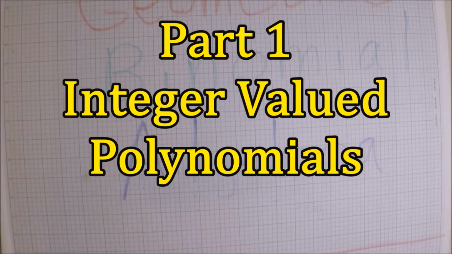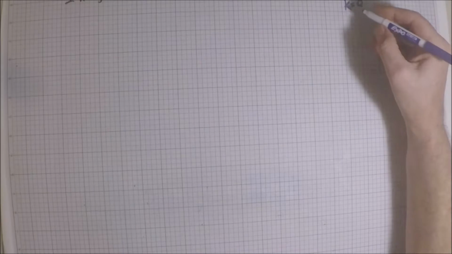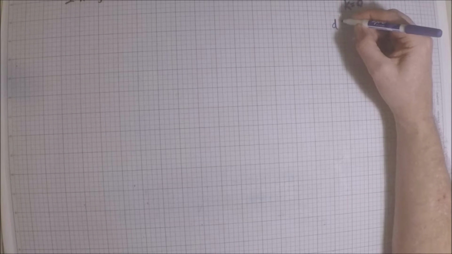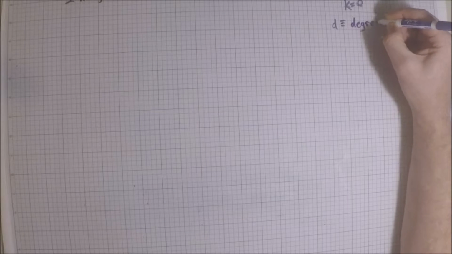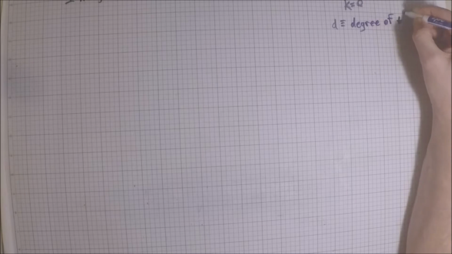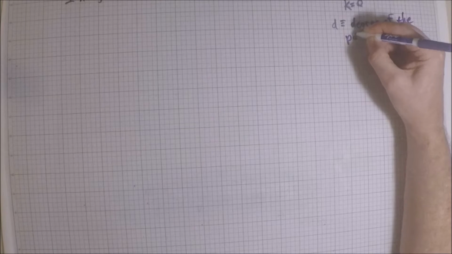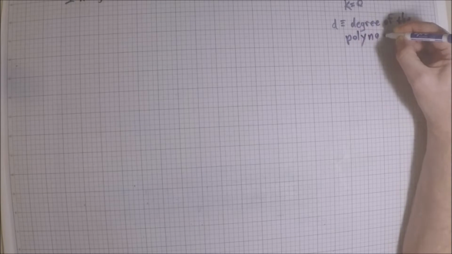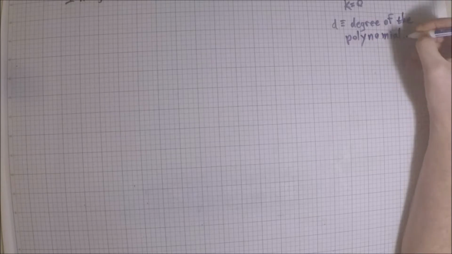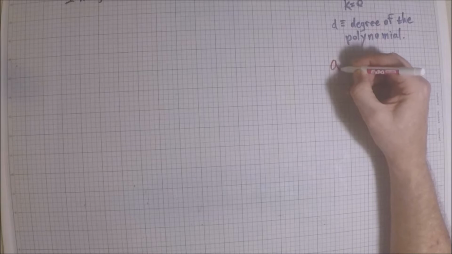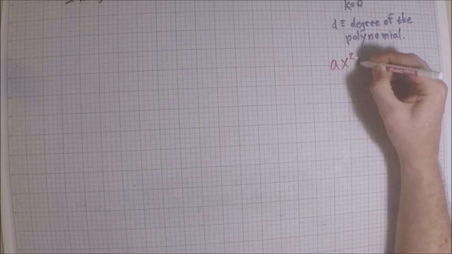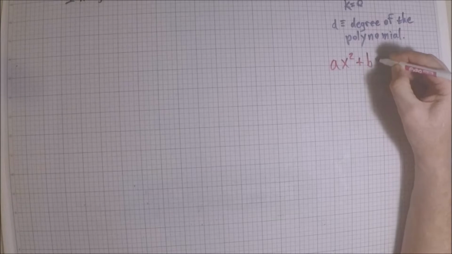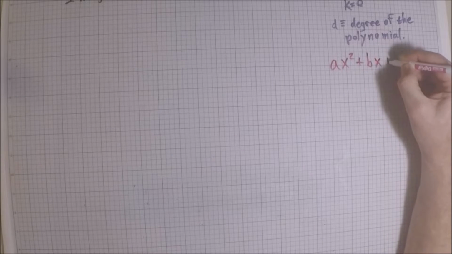Integer valued polynomials. Let's consider a univariate polynomial of degree d. Univariate meaning there's just one argument, x. f of x is our univariate polynomial. If the degree equals 2, that is a quadratic equation and is most commonly thought of as ax squared plus